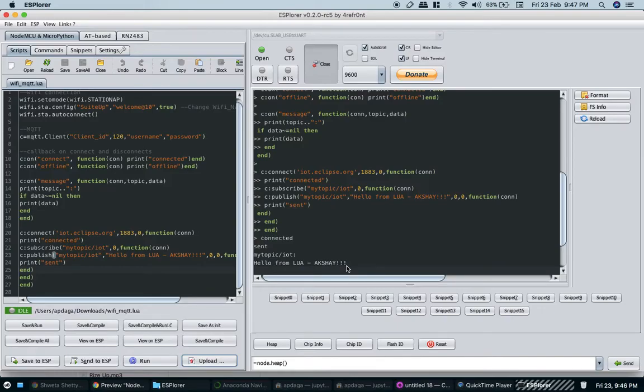One more thing: in this case you don't need to connect all your devices in the local network. Here you are communicating through internet, so your publisher and subscriber can be anywhere in the world connected to the internet, and the message will be transferred from the publisher to the subscriber.